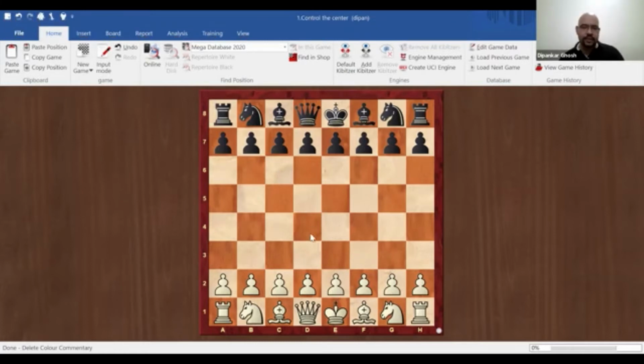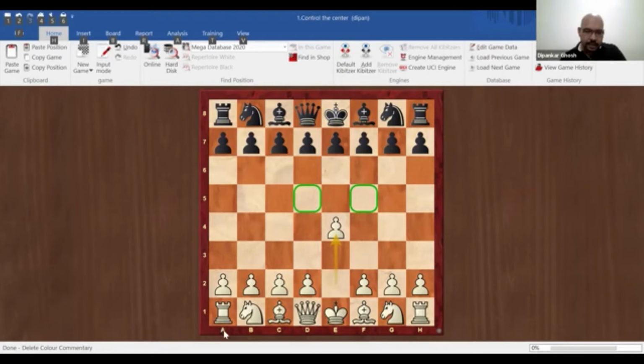So I would say when you are starting out, you want to play a pawn move to one of these two squares if you're white, and same goes if you're black. Play a pawn move and try to control the center. So e4 right here would be a good pawn move. Now let's see what all it does. What are the good things it does? Firstly, we see we have occupied one of the central squares with a pawn, and the pawn is controlling the d5 and f5 squares.